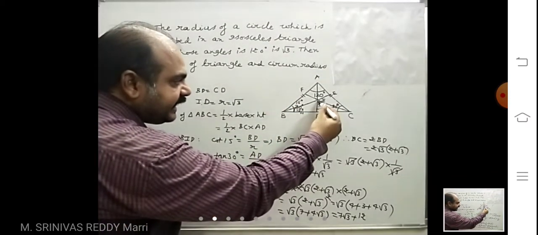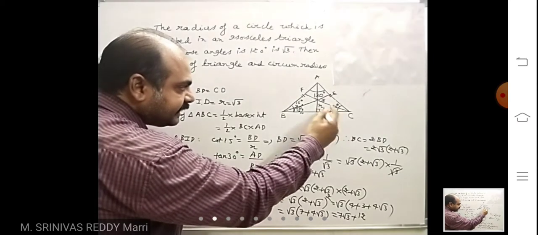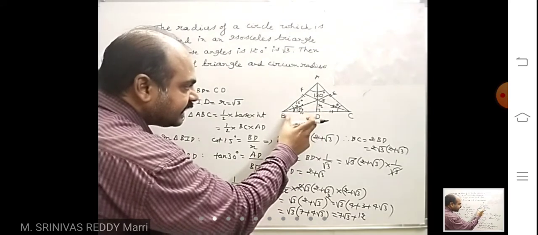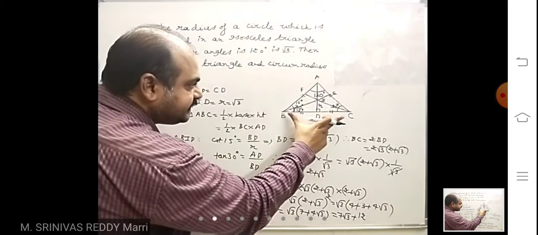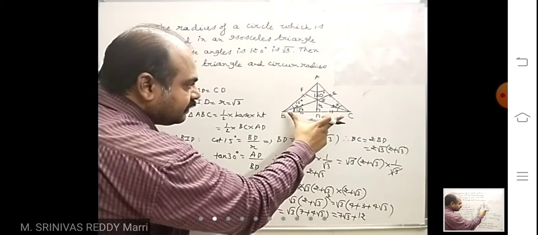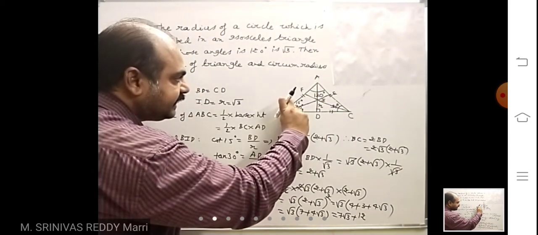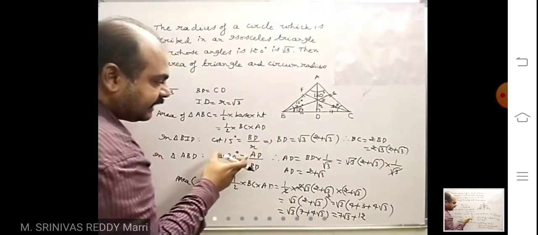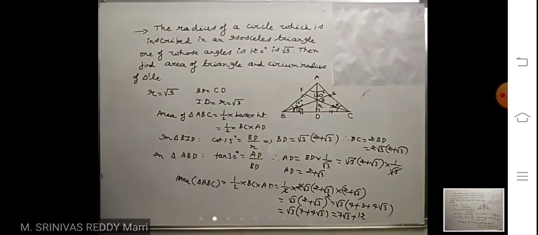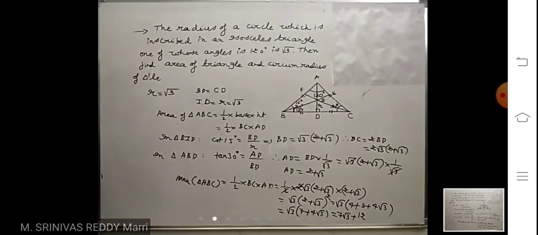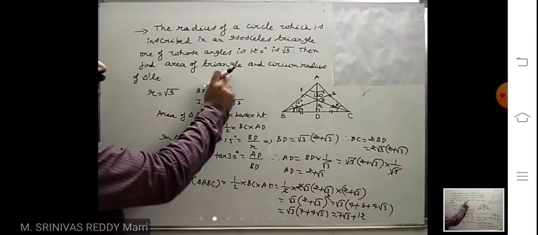The thing is, inradius is given from I to perpendicular distance, that is nothing but root 3. So taken this triangle and calculated BD, and after that BC is nothing but twice BD, and after that from the triangle ABD this is 30 degree, tan 30 I have written and calculated AD, and then half base into height. Like that, if we draw the diagram clearly, it will become very easy. So now this is the first question asked, area of triangle.